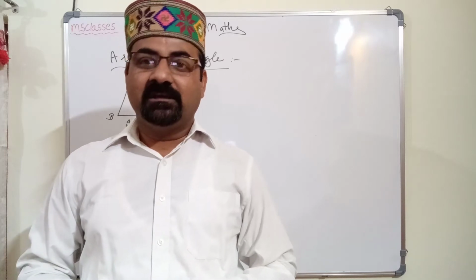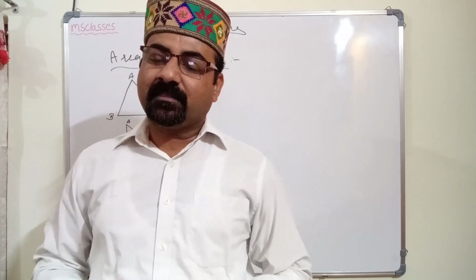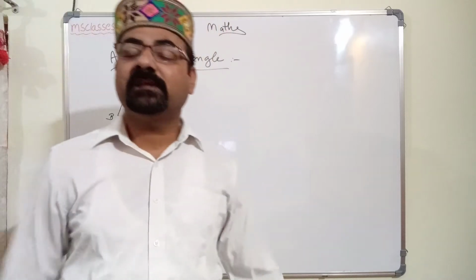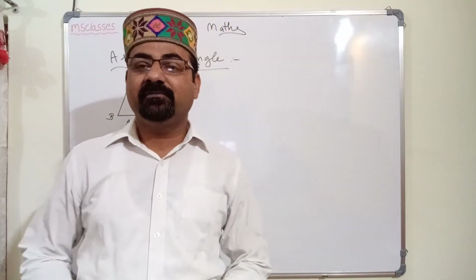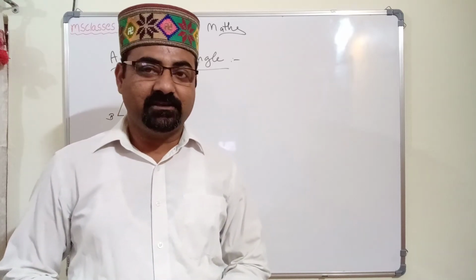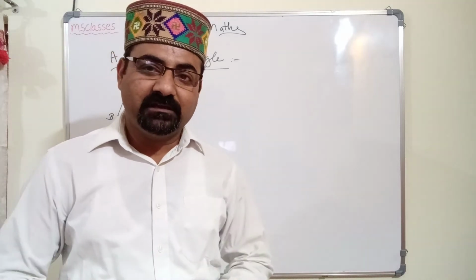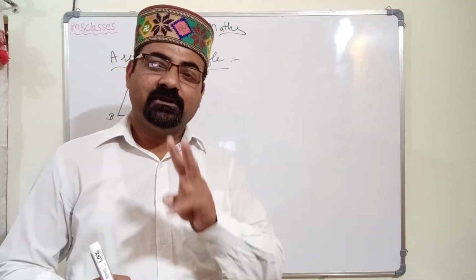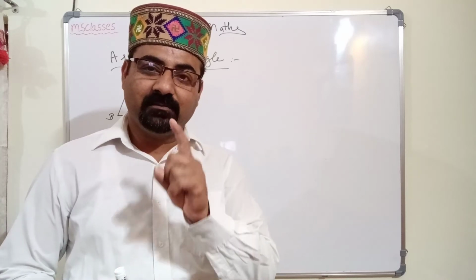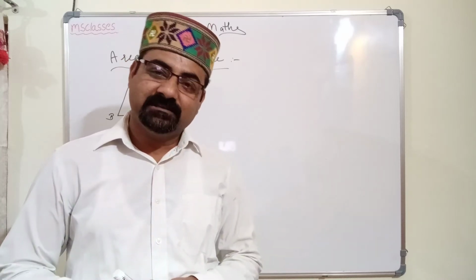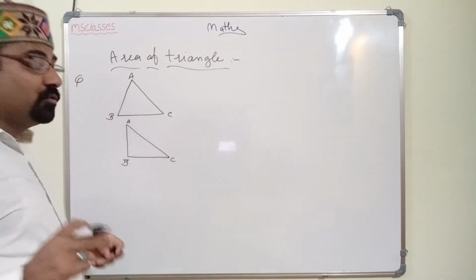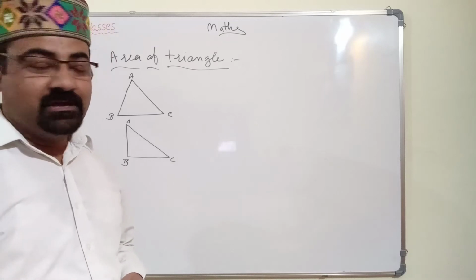First of all, we will discuss the equilateral triangle or isosceles triangle, and secondly we will discuss the right angle triangle. If we have given the side of a triangle and one perpendicular distance, then we can calculate the area of a triangle. So to calculate the area we require only two things, that is one base and second is perpendicular distance. So now let us discuss and solve two examples related to area of a triangle.